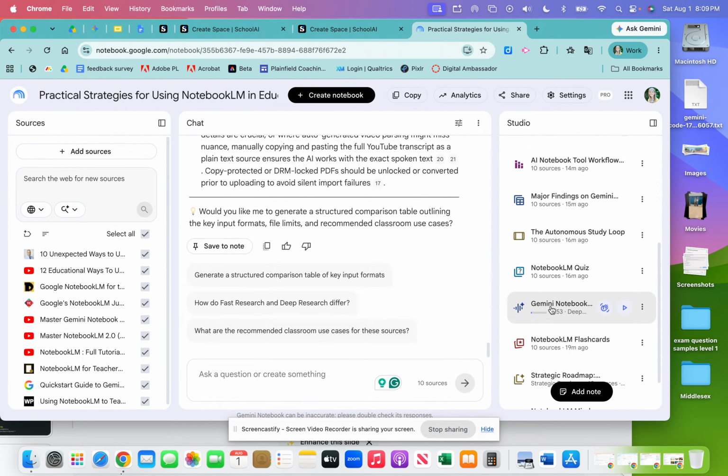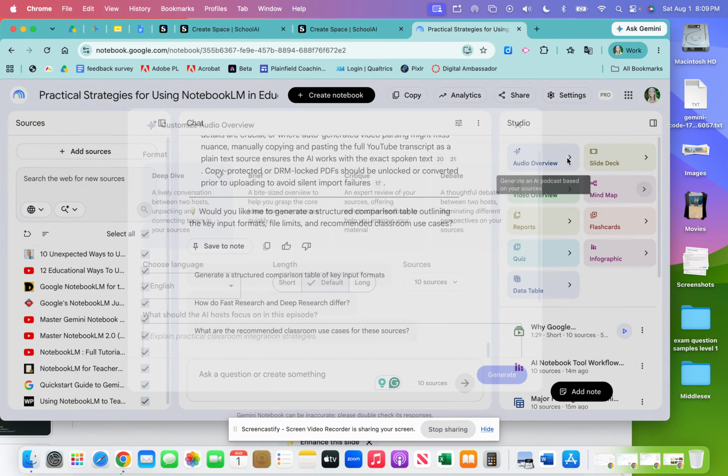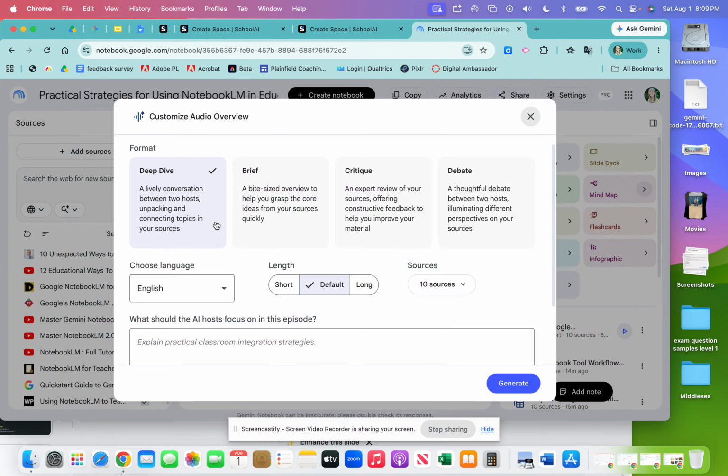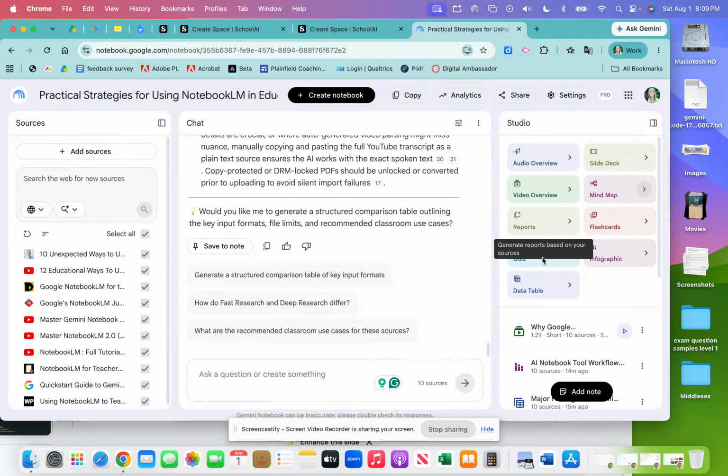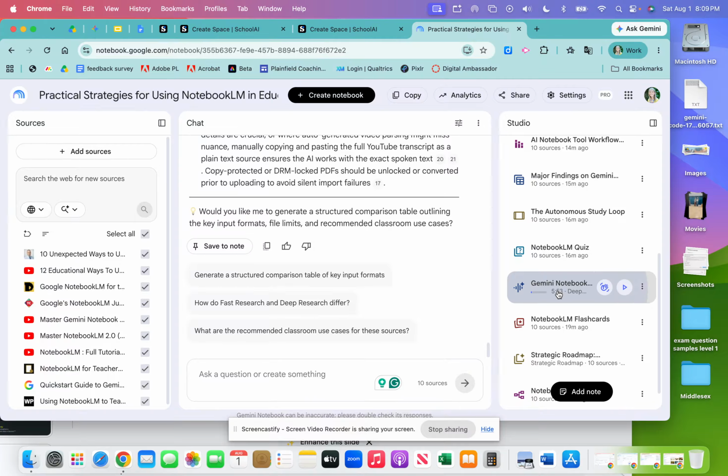Then we have an audio overview. So let me go up and show you first what I did with this. The audio overview gives you lots of choices. I'm not sure which one I picked. I think a brief. But you can have a deep dive, a brief, a critique, a debate. Actually, I think I picked a deep dive. And it's a conversation between two hosts. And when you generate it, what you'll find is when you get down to your audio overview,